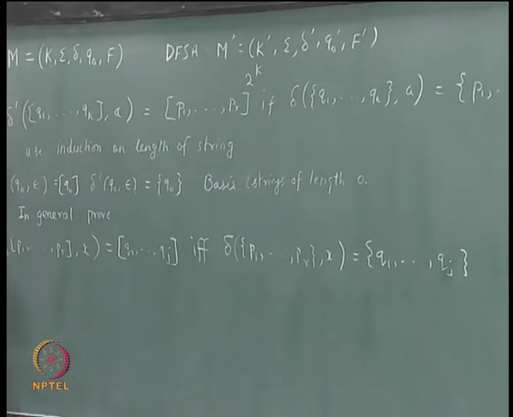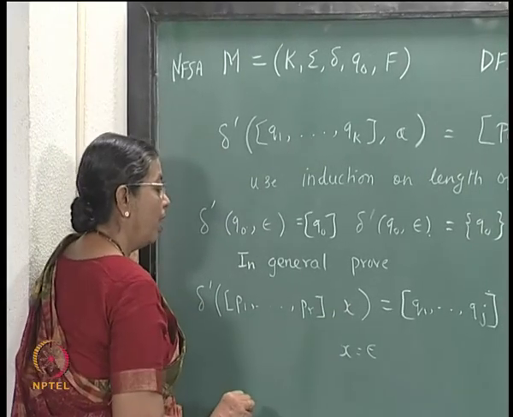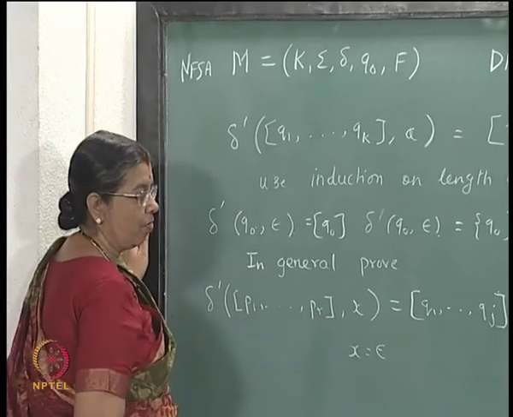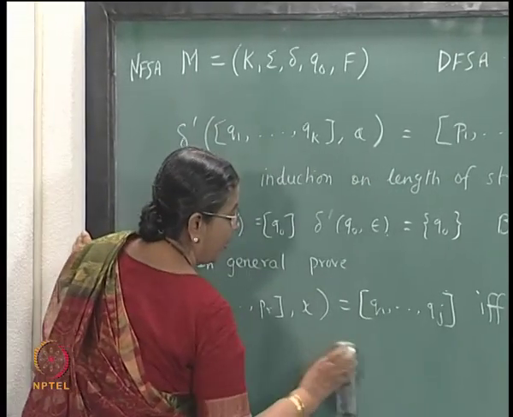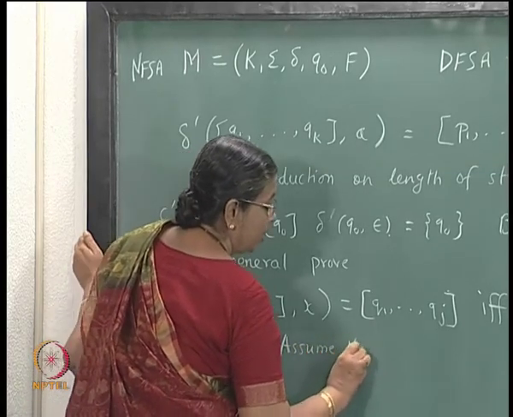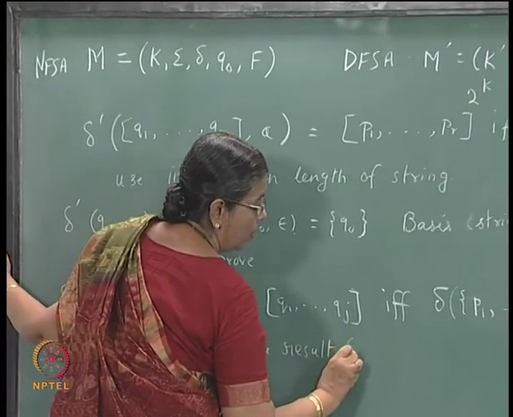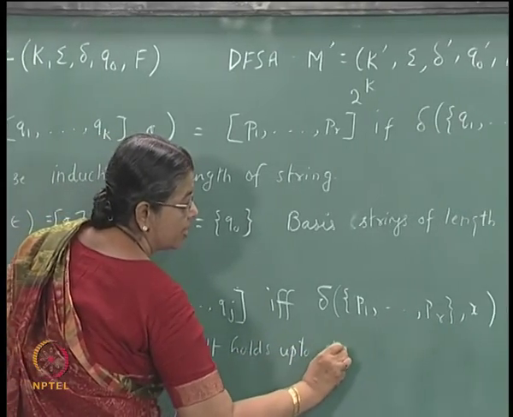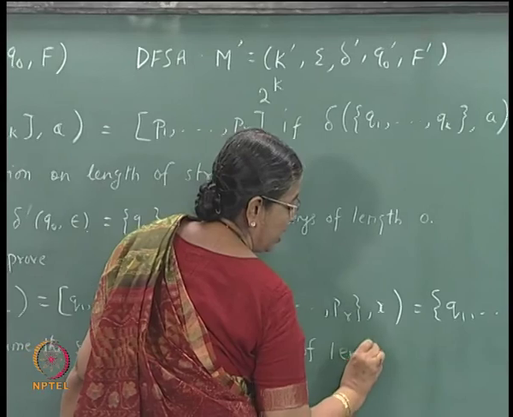Now if you take just x equal to epsilon, the string of length 0, obviously delta of P1 P2 PR epsilon will be P1 P2 PR, and so it will hold for this. Now assume the induction hypothesis, assume the result holds up to strings of length n,